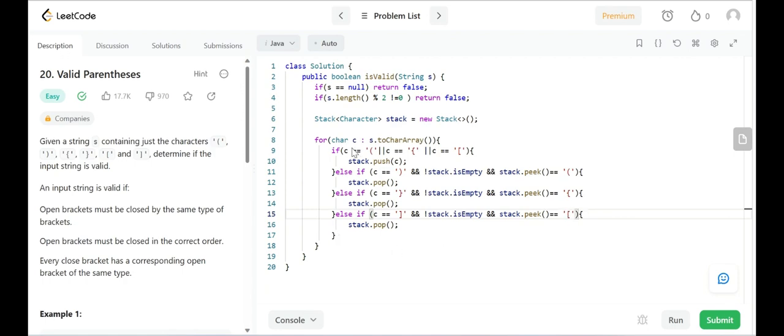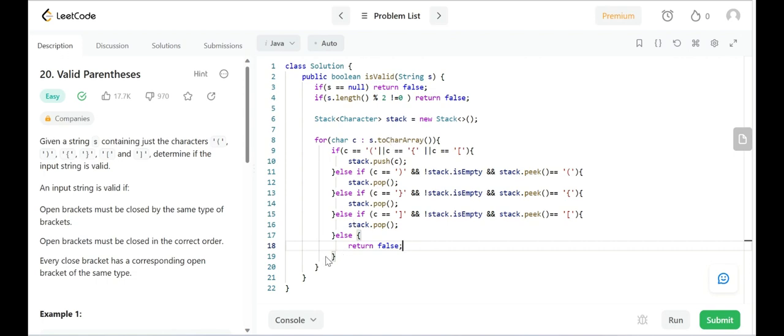And we know if we encounter any other condition than this, then it has to be a wrong condition, which is not ideal. So we return false,